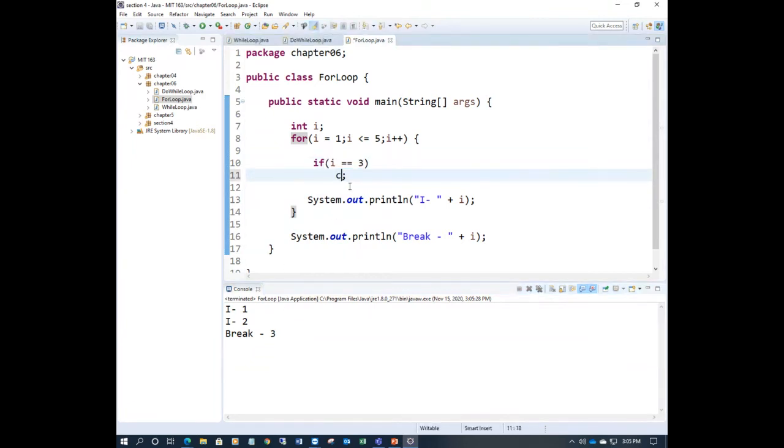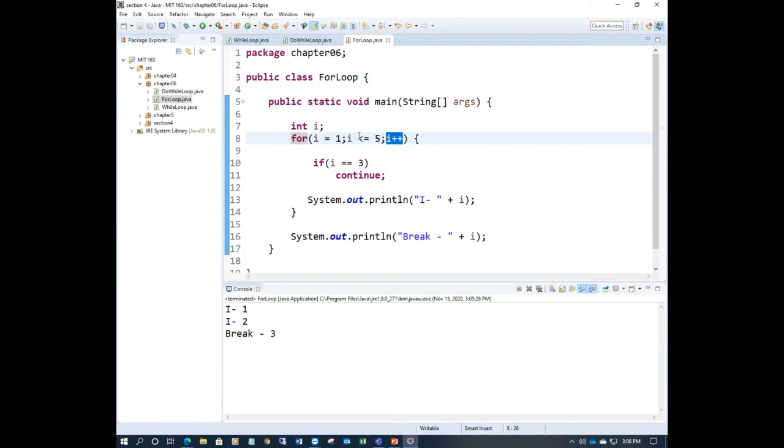So instead of break, I'll use continue. Instead of break, it will continue. Now the same program, it will go with 1. First it will print 1, then print 2, then I will become 3. When I is 3, here is continue, so it will skip. This will not print. When I say continue, the statements following continue will be skipped. The control goes to the next iteration, the next cycle. So it will become 4 here directly. It will not execute this one, meaning the value I equal to 3 will not be printed. It will go to the next value.